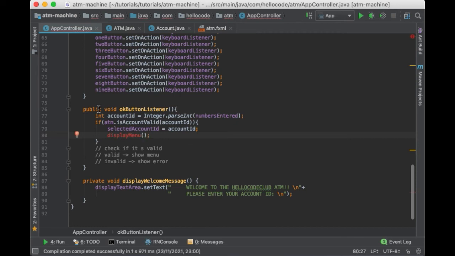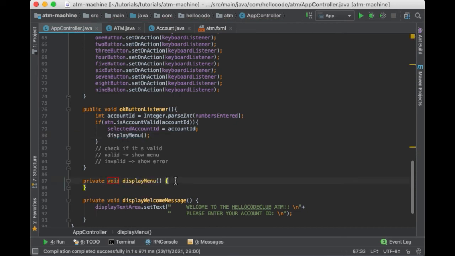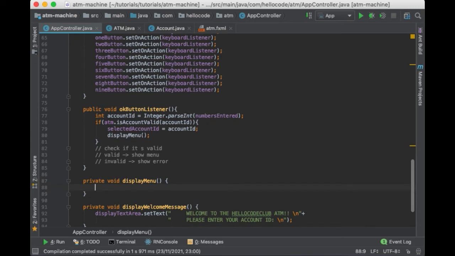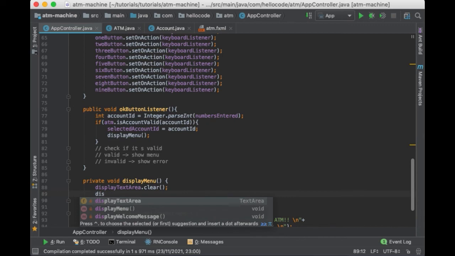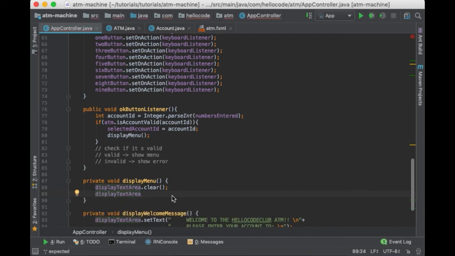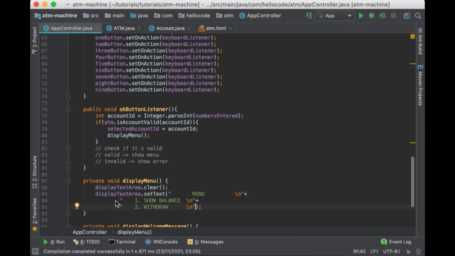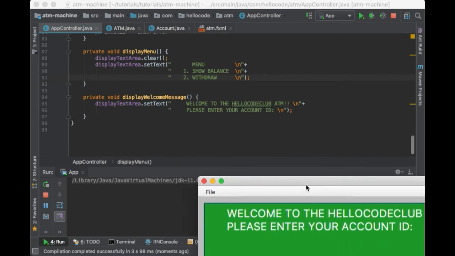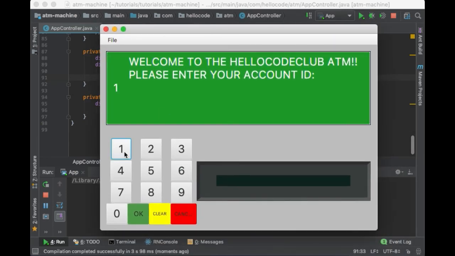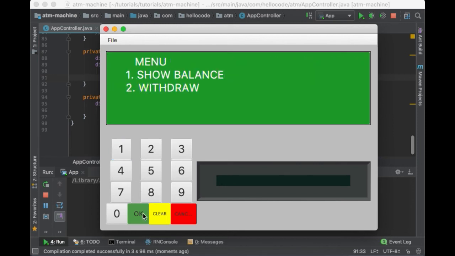To display the menu, I will create another method, and this method will first clear the display and then append the menu with the options 1 for balance and 2 for withdrawal. So let's run this and test it. Let's enter a valid account, 1111, and then I can see the menu. So perfect,